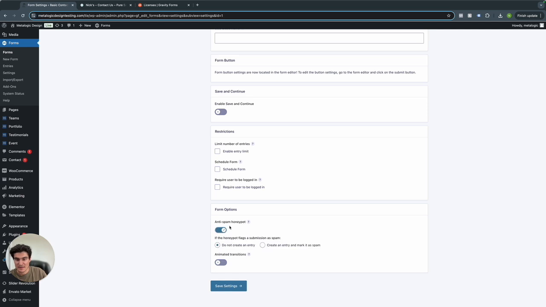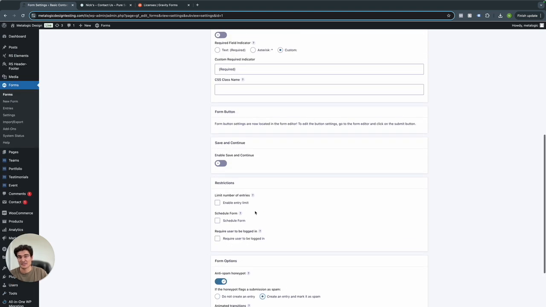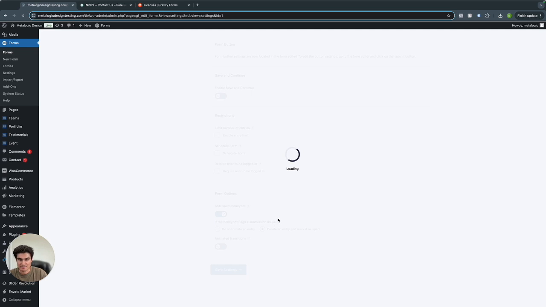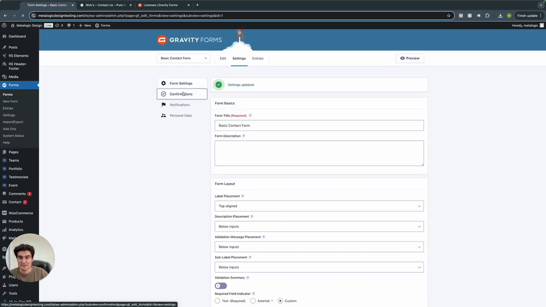And then anti-spam honeypot is just essentially what it sounds like. So if someone just continues to add forms and they just keep spamming you, what you would do is turn this on, and if they keep submitting and they flag it as spam, you can either A, not create another entry, or you can create another entry and then mark it as spam, so that way you can still see that they submitted the form. So once you do all that, you would click Save Settings,